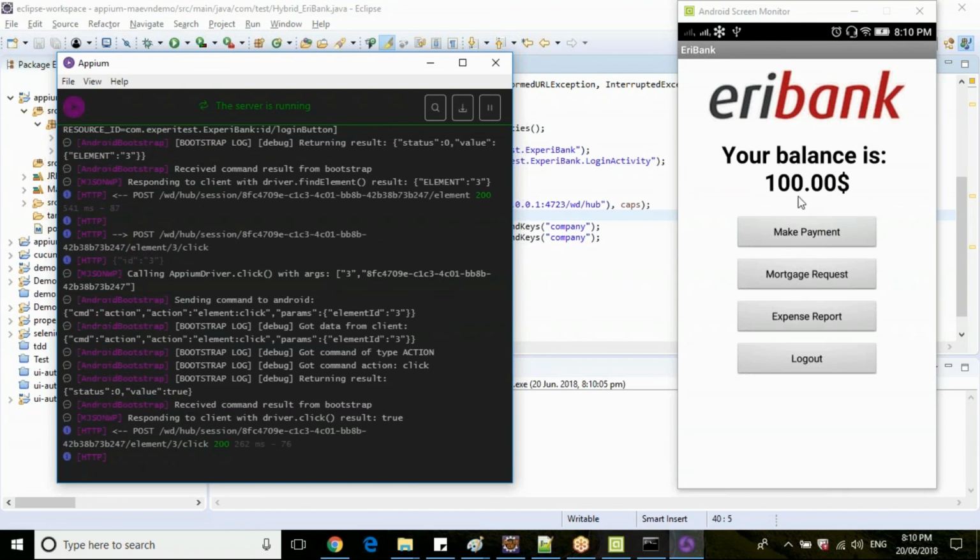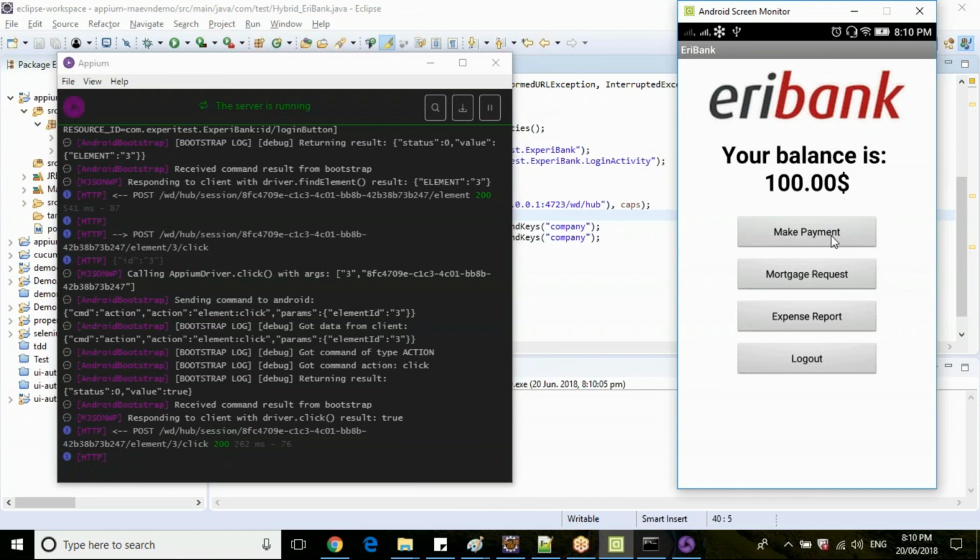Now there are a lot of operations, guys. I'll upload this APK file and provide assignments for you so that you can work with this. Make this balance $50 or $0 based on the operations you perform here, like expense request, mortgage request. You have multiple options here.